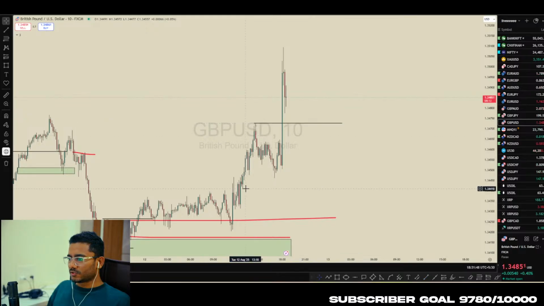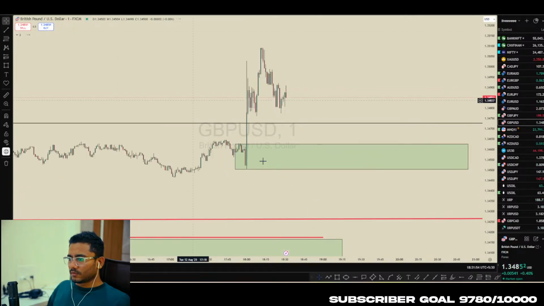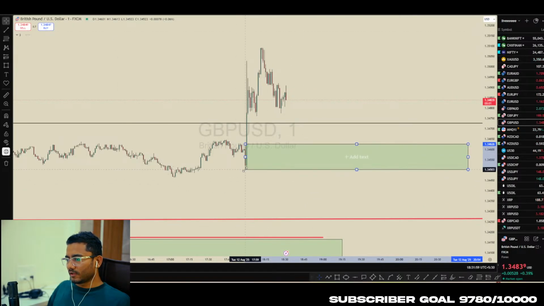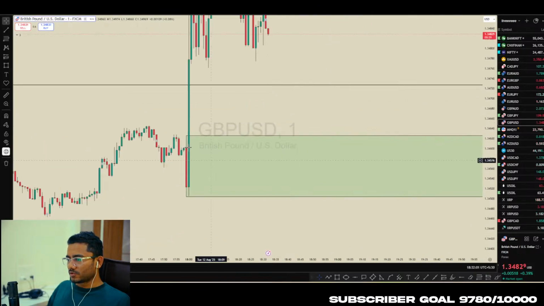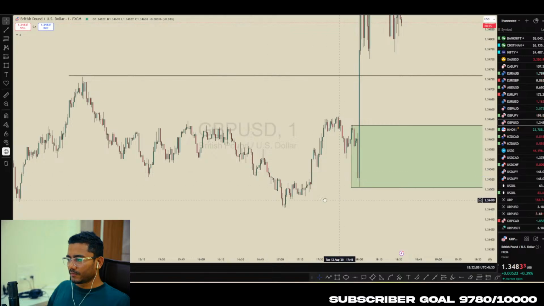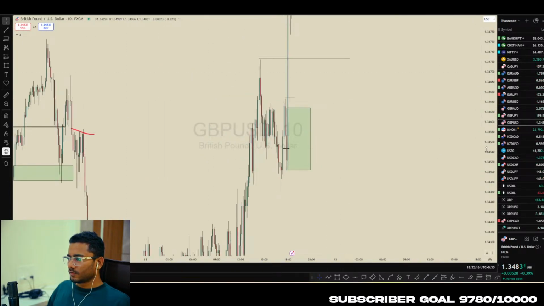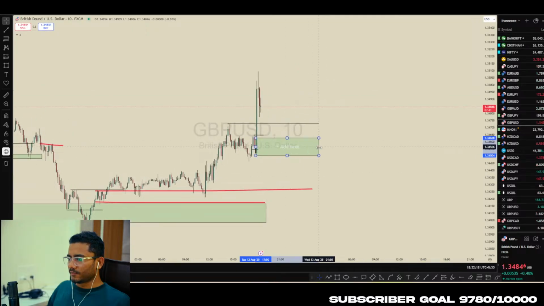We have this breakout structure. We have this order block which broke the structure. Sometimes what happens, we try to over refine the order block, and that's why we miss the entry. So instead of using only this candle, we'll use this whole area. And so here we can see this is the order block which took out the liquidity and then gave us a breakout structure. So we can mark this area for our entry.